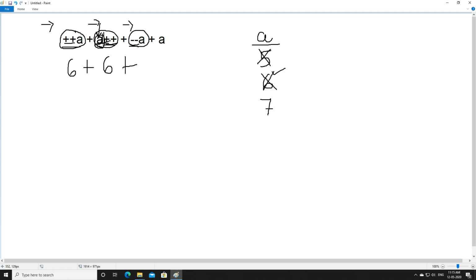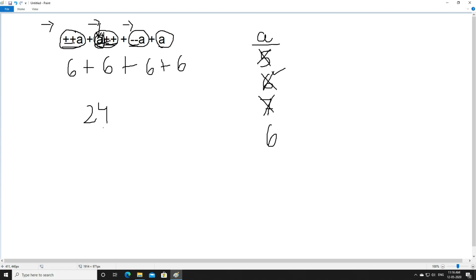First we have to change the value. What is the present value of a? That is 7. When we change that, we have to decrease it. Now it becomes 6, and then you can use it, right? And finally plus, only a is written here, no increment or decrement will take place. Again we are going to use 6 here. So 6 plus 6 plus 6 plus 6 will give you 24.